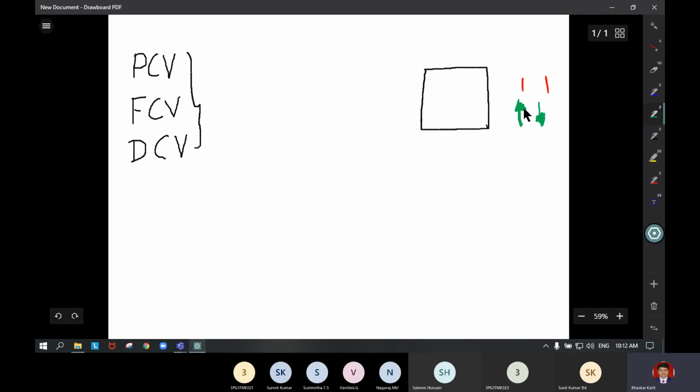The arrowhead should be filled. If it is open, then it represents the pneumatic power source. So if you are representing an arrowhead like this, it represents the pneumatic flow. So to write the graphic symbols, we have to follow all these notations. The valve body is represented as a square box. The ports should be represented as small vertical lines outside the square body touching the lines of the square.